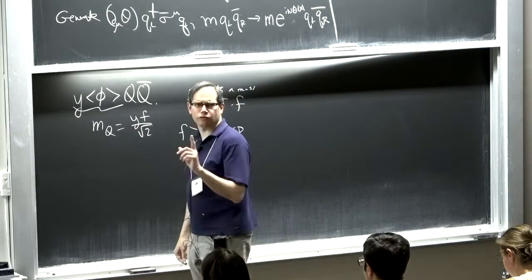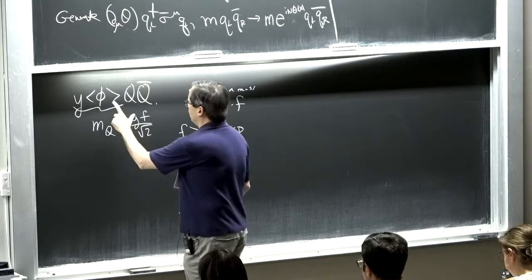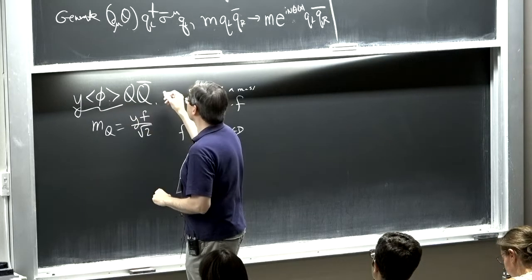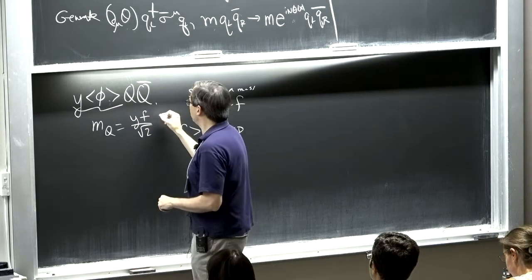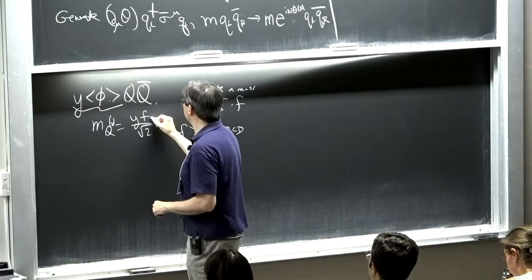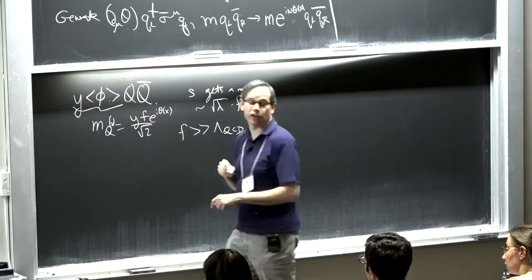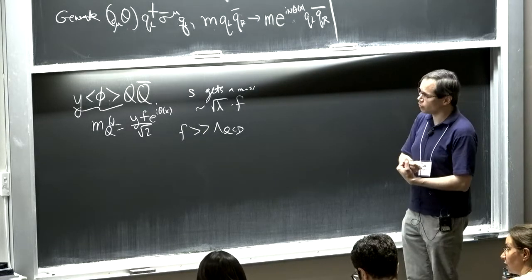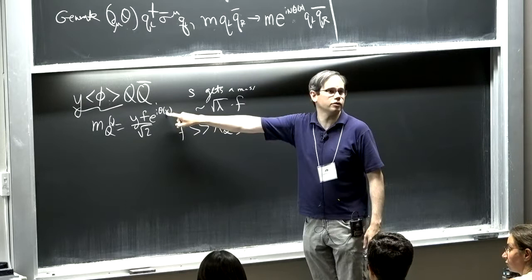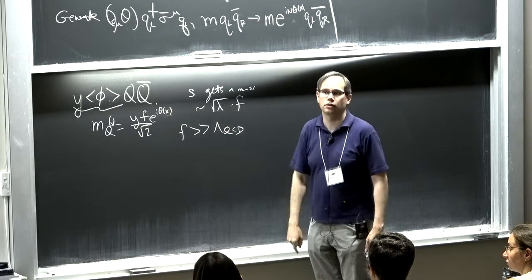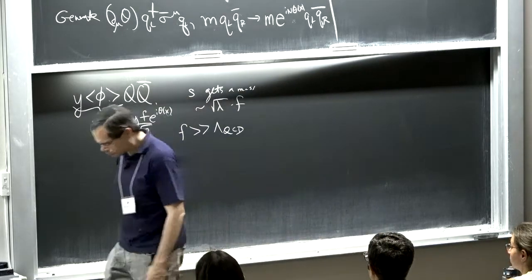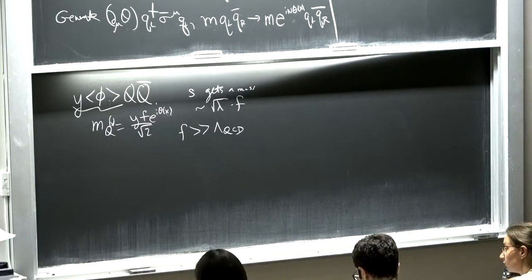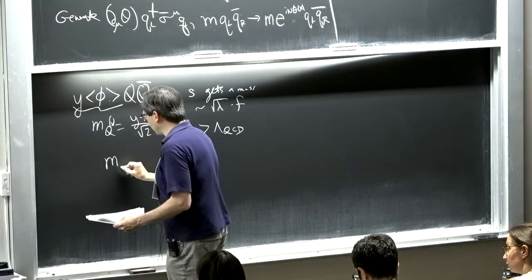But I should be a little bit careful about that, because what I wrote here wasn't really quite right, because phi had a phase, right? So phi was not just f. It was really f e to the I theta in terms of our light field theta. Okay. So my mass term for the heavy quarks knows about this light field that sets the phase of the mass. And so if I want to integrate it out, I could do it with loop diagrams, but the kind of nicer, slicker way to do this is to say, well, I have this